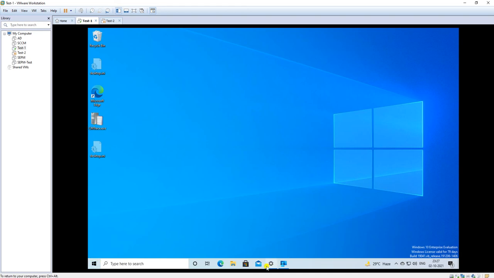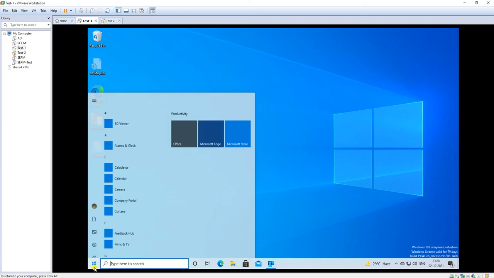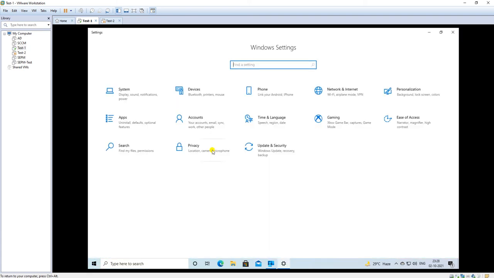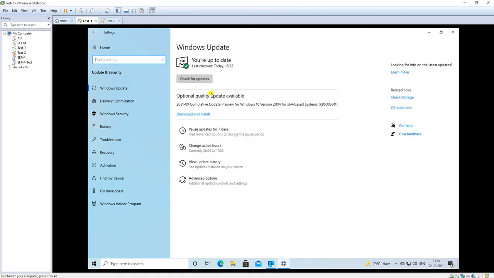And now let us go to the control panel, sorry, settings, and then go to the security update. Okay, so here we have the last checked time, around 5 p.m.; it was checked, and download and install.